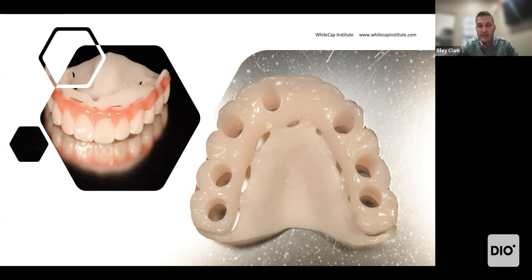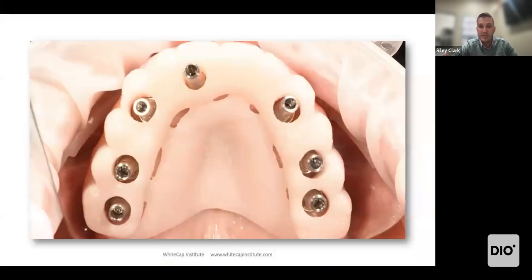That palatal rest is there to help maintain vertical dimension, help you seat it properly to get the proper cant and angle and all of that. And so that temporary goes into the mouth. And because of the accuracy of the guide, notice the nice passive fit of those temporary cylinders relative to the